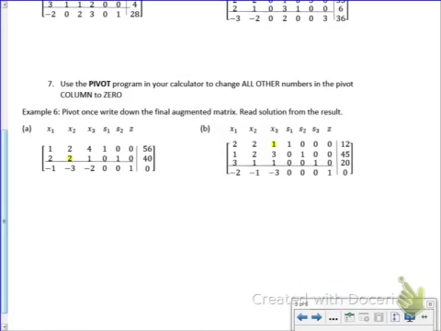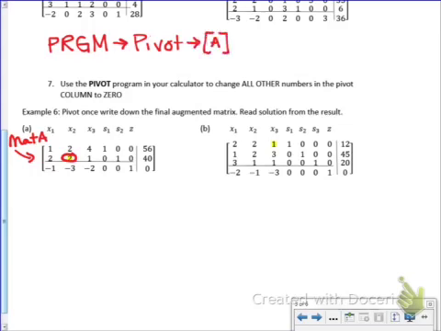So I have to show you exactly how to use your calculator to do this. But basically what's going to happen is I have that 2 highlighted right there. I want to pivot around that 2. So in my calculator I would go to Program, PRGM. Okay, and I'm going to choose Pivot because it's on my calculator. Now I've already typed in this matrix that's under matrix A in my calculator. Okay, so I hit Pivot, I hit Enter. It's going to show me matrix A, so it's going to pop up A. I'm going to hit Enter again, and then it's going to ask me for what